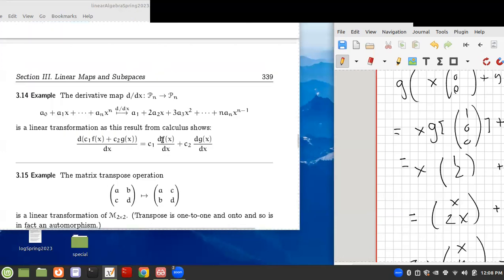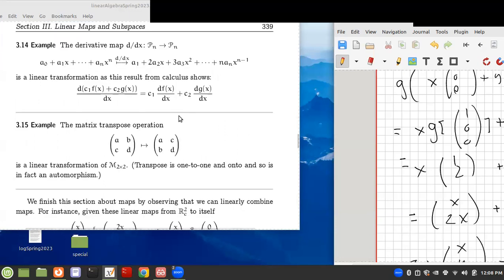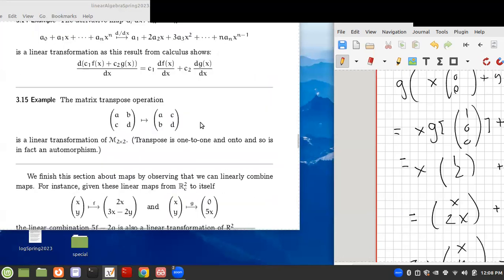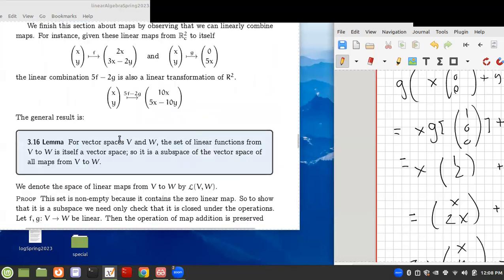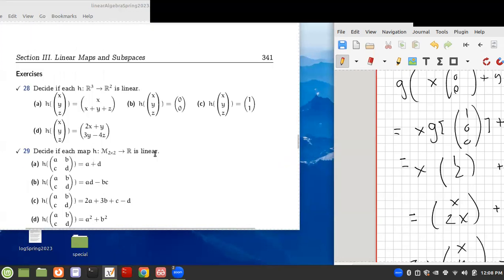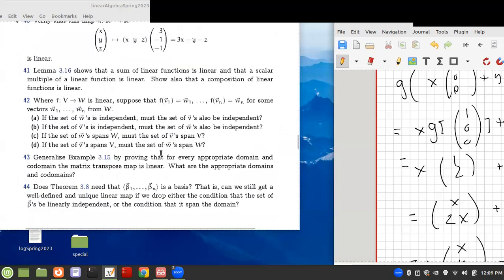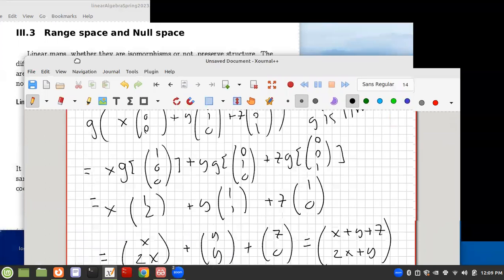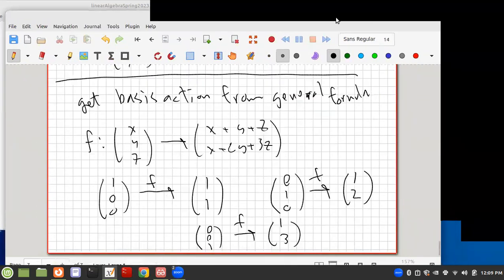Let me not get ahead of myself too much. There are lots of other cases, like the derivative map. If I take the derivatives of polynomials, that's a linear map. Integrals are also a linear map on spaces of polynomials. Anyway, there's a whole connection to other cases here. So I told you earlier, last time, that, and this may be a good place to, let me just